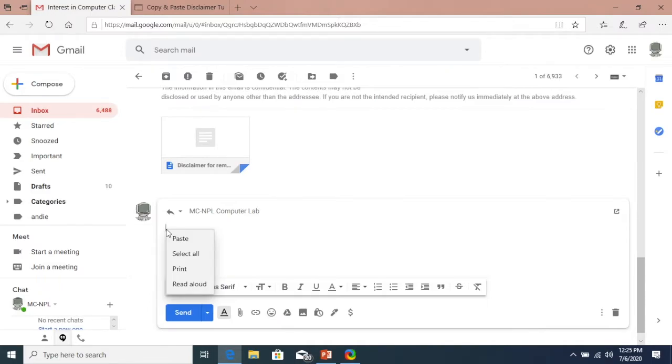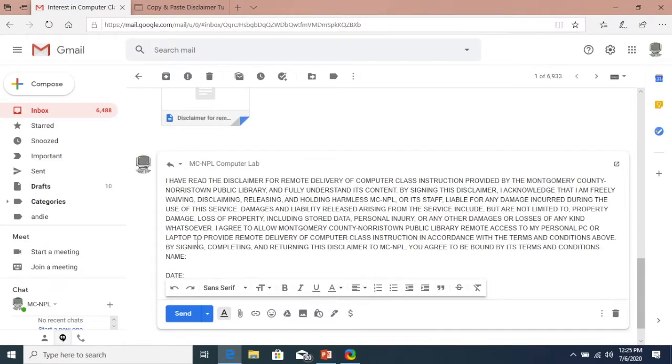Just as before, keep the cursor inside of this command window, and instead of clicking the copy command, click paste. The agreement statement from the disclaimer document should now be written into your response email. Now please state your name and date where indicated.